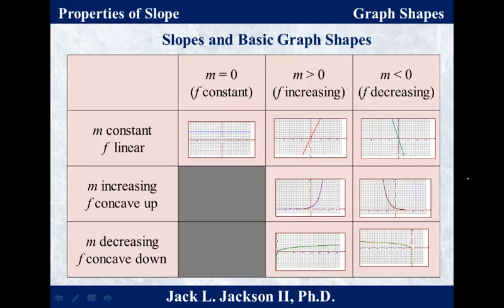So if it's always sort of behaving the same way, we have 7 possibilities for basic graph shapes. So if the slope is always 0, then that is a constant slope, so it's linear and it is a horizontal line or constant function. If the slopes are positive, we're increasing from left to right, either straight, concave up, or concave down. If the slopes are negative, the last column, they're always decreasing from left to right, straight, concave up, or concave down. If the slopes are increasing, it's concave up, like part of a right side up bowl, either increasing or decreasing. If the slopes are decreasing, we've got concave down, again, an upside down bowl or a frown, either increasing